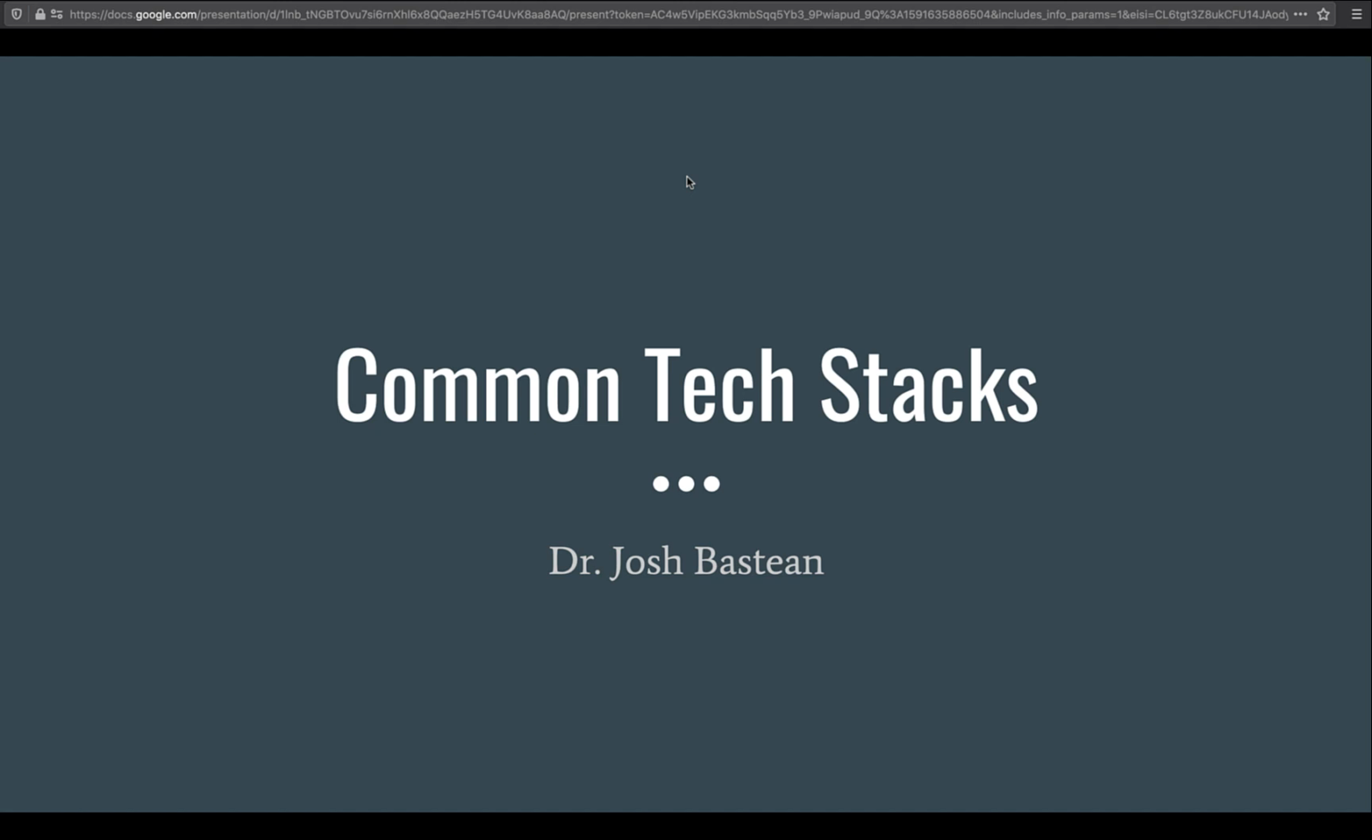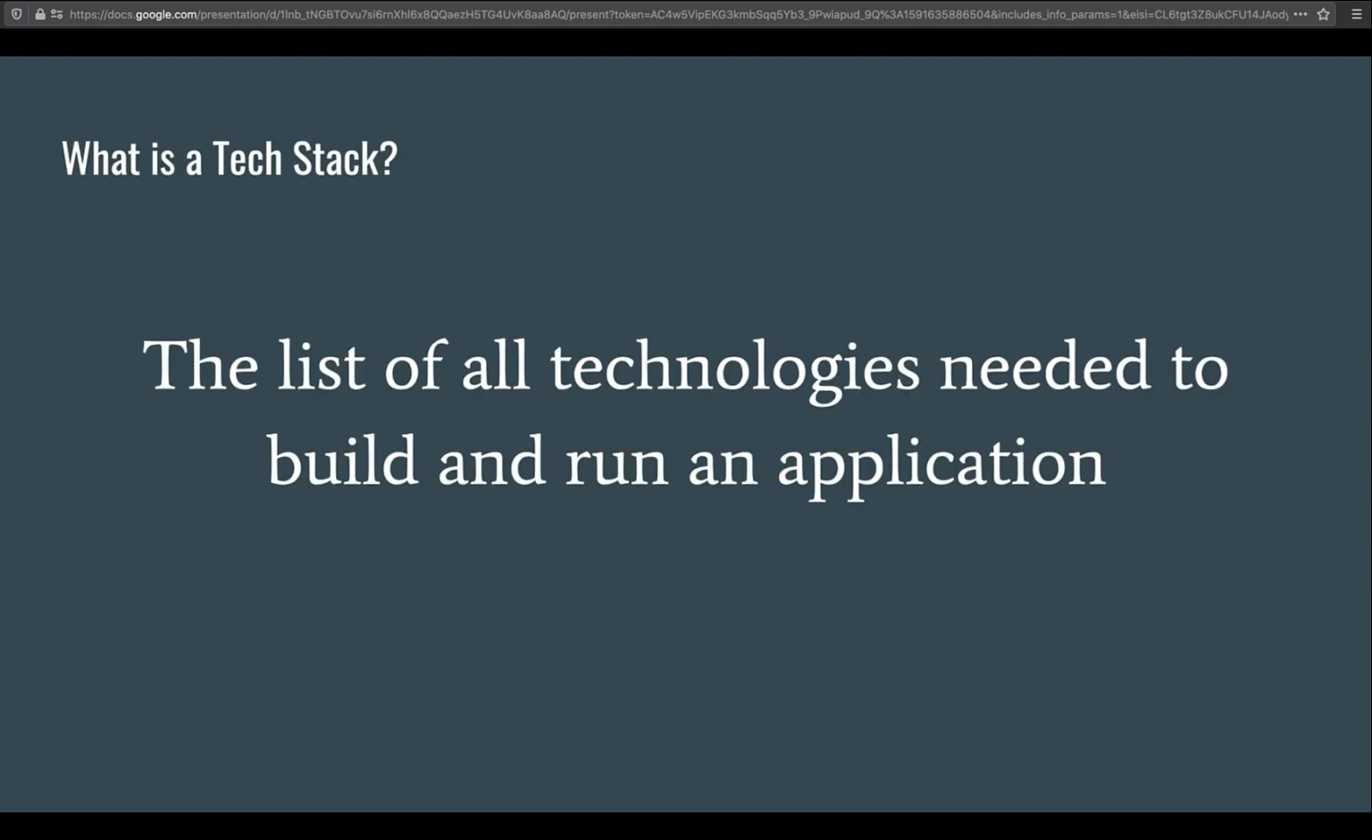This video is going to be all about common tech stacks, or technology stacks. Now first off, what do we mean by a tech stack? A tech stack is simply a list of all technologies needed to build and run an application. That's all there is to it. Now this can be a small list or it can be an absolutely massive list depending on the complexity of the application. Whenever you're talking about a tech stack, you're talking about whatever technology is needed to fully and completely